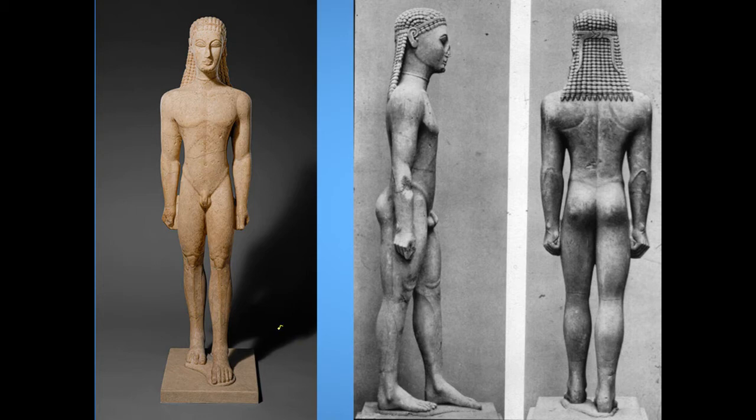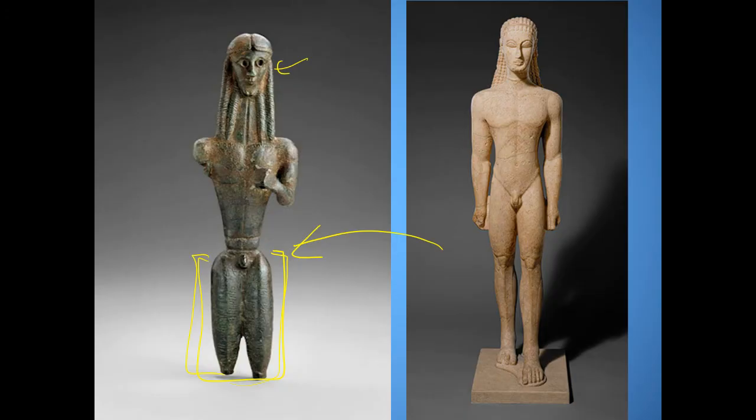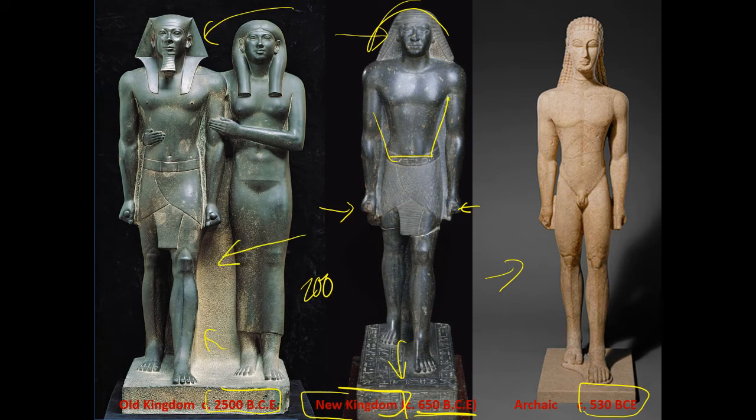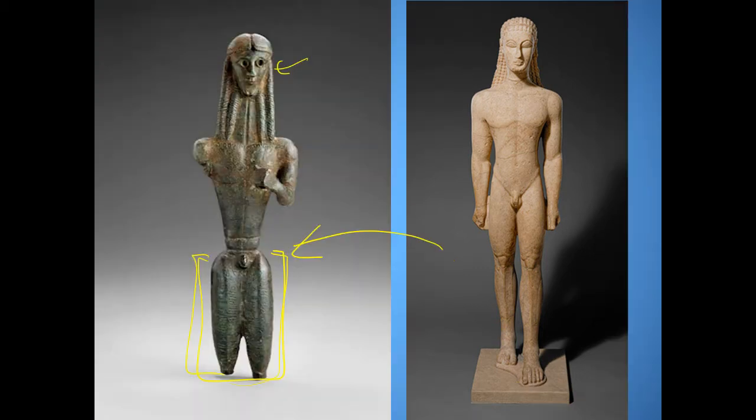We see this penchant for testing boundaries in ancient Greece, an attempt to try and get ankles right, an attempt to sculpt an image that is completely freed from its stone. So we call this a free standing statue, where you've literally cut away all of the stone, something that the Egyptians never would have done, because for the Egyptians this was all about maintaining permanence. This was something that was literally supposed to last forever, so that the Ka of Menkaure could act as Horus and embody the statue, or literally go into the statue.